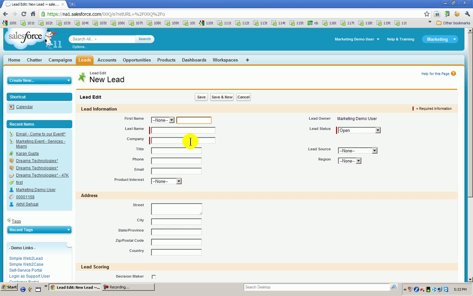So what is the name of the lead, the contact person, what is the company name, what is his title, phone number, what is the lead source? It's cold call, Google AdWords, purchased, email, web direct, web to lead. What about that campaign number 1, campaign number 2? And you can add and enter the rows, whatever you want. It's customizable.